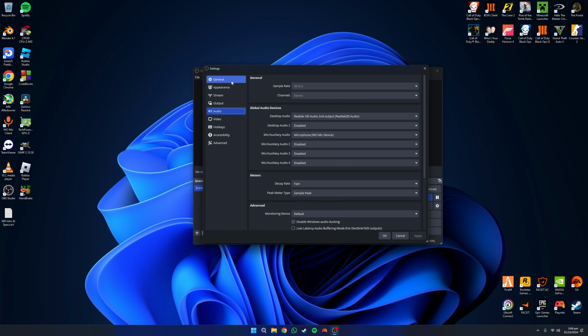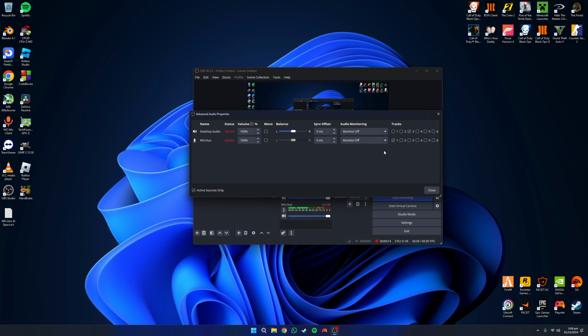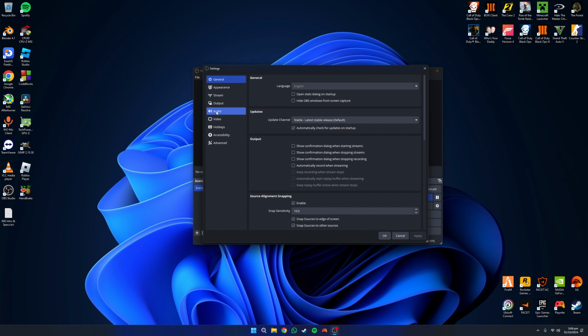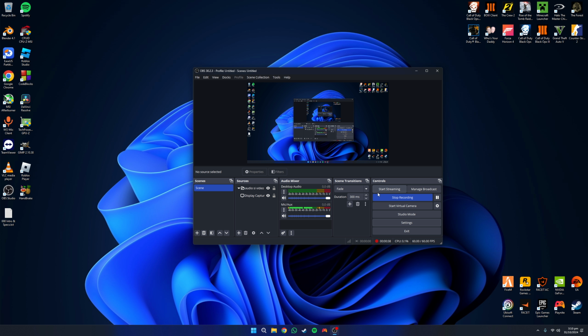When you go to settings, and again if you have a microphone track and audio track separately, if you have desktop audio on track 2 and microphone on track 1, I forgot to say that in output, when you go to recording, make sure you have checked the microphone, which is track 1, and the desktop audio track 3, because if you have just one, it won't record the desktop audio, so that will save you time if you've recorded stuff and not recorded the microphone. But yeah, now let's move to my